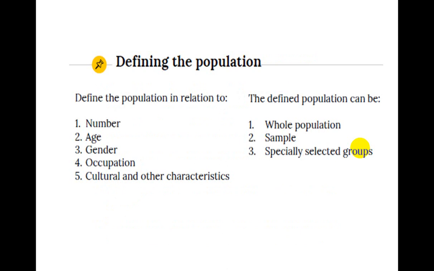Defining the population: its number, age, gender, occupation, cultural and other characteristics. The defined population can be the whole population, it can be a sample, or we can use specifically selected groups. Actually, defining population in the descriptive studies,